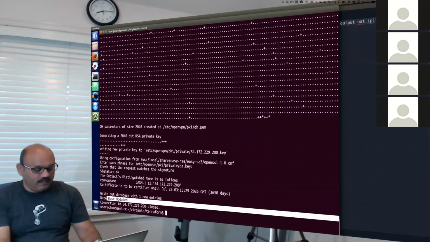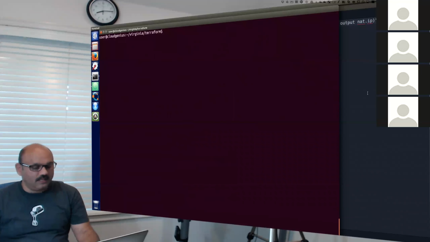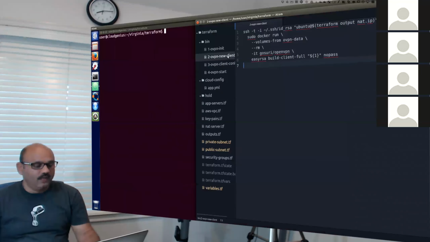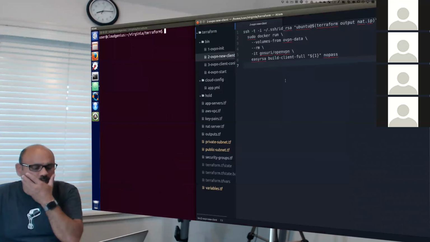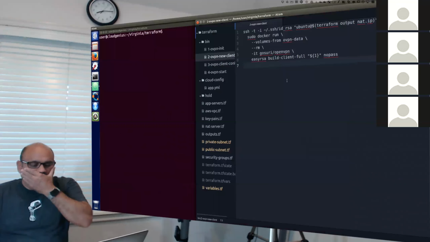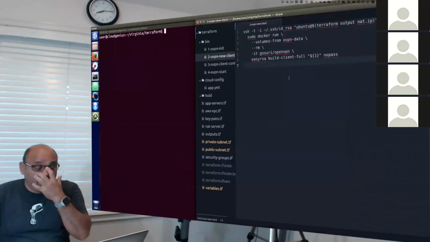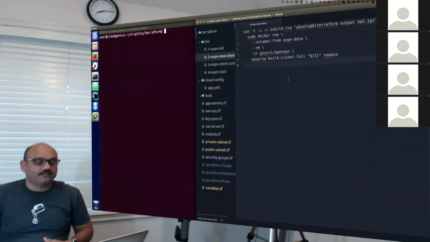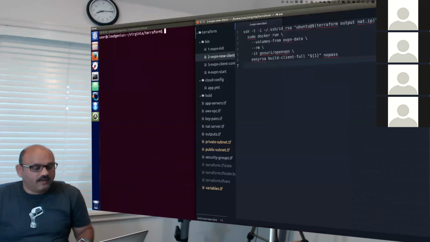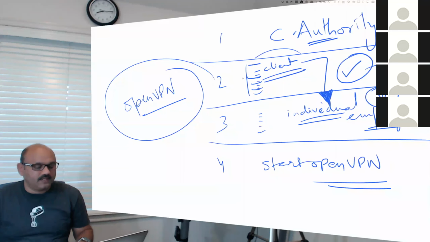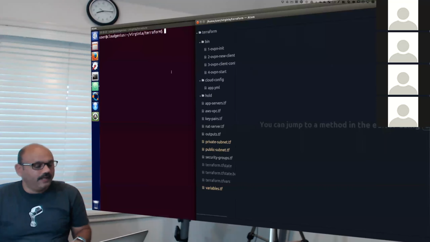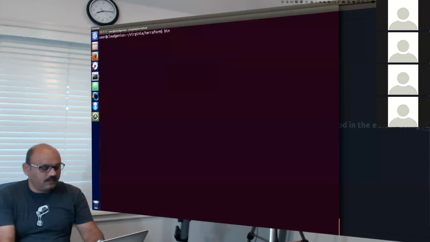With that understood, let us now run the second step, which is build EasyRSA client configuration for the client that will connect. So we are basically creating a new client entry in this step. In step number 2, bin/2.